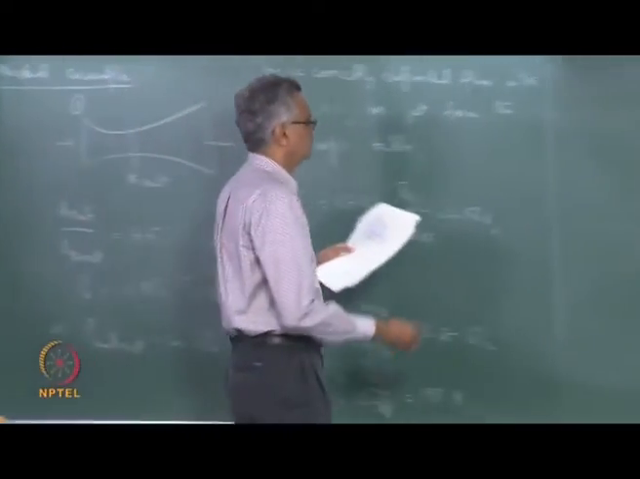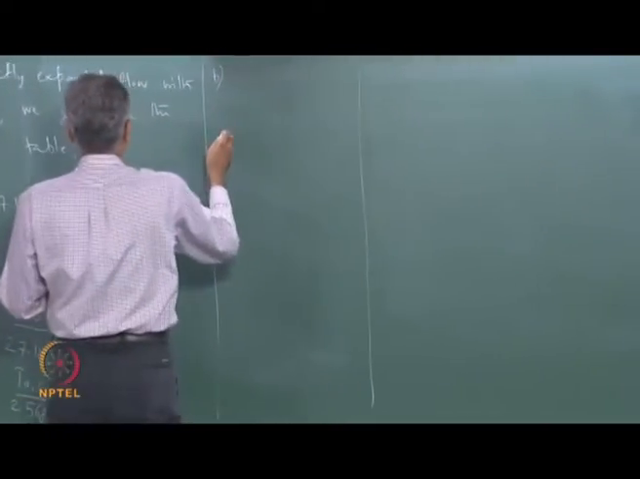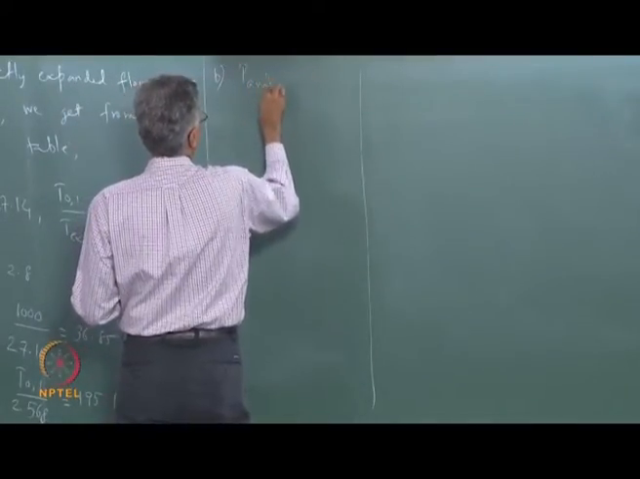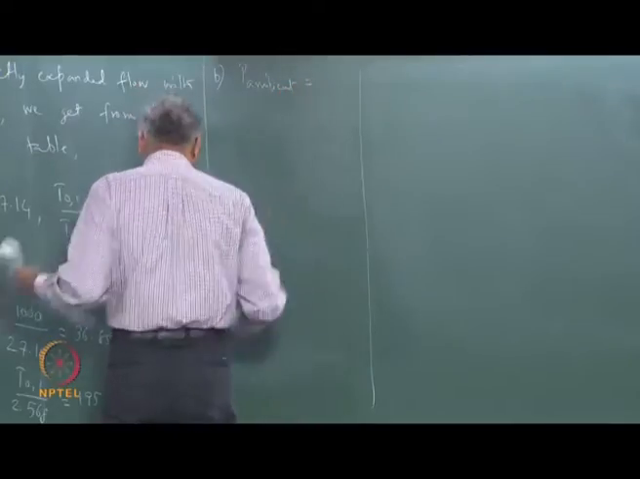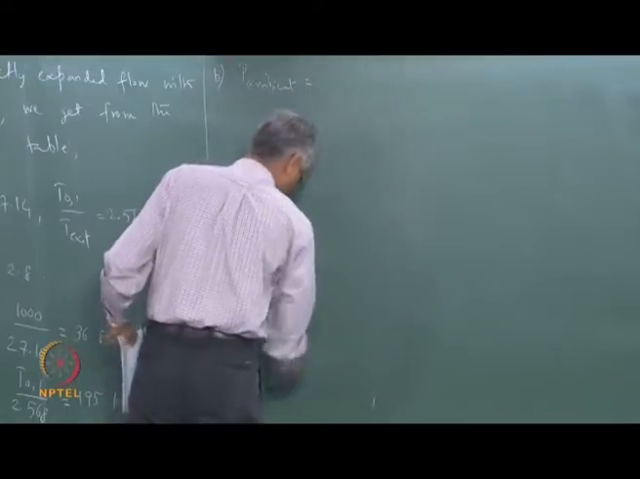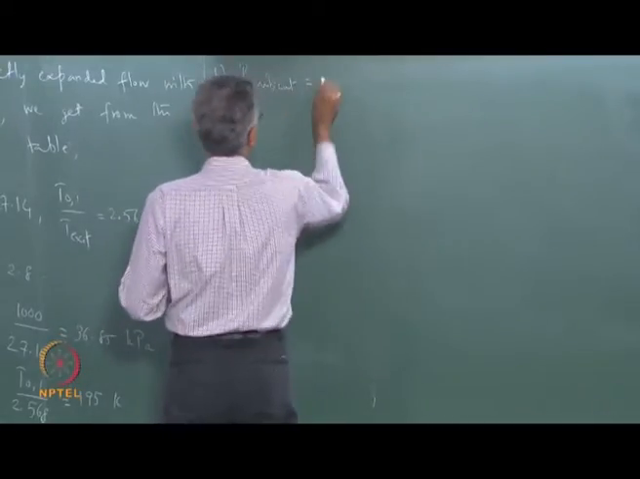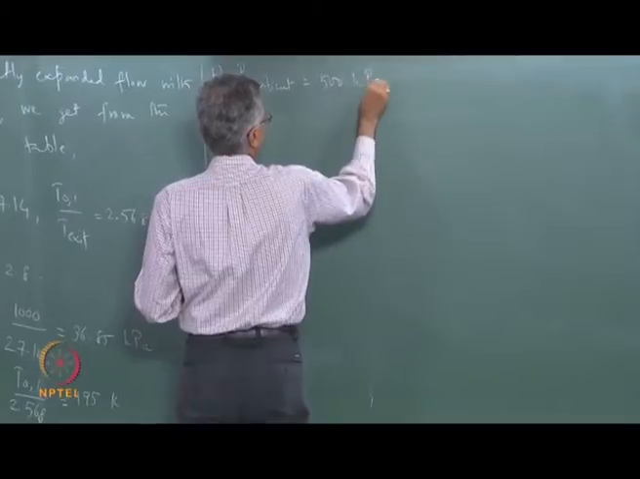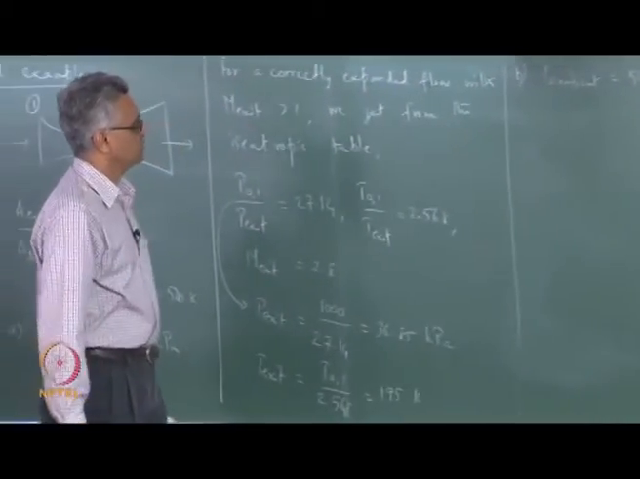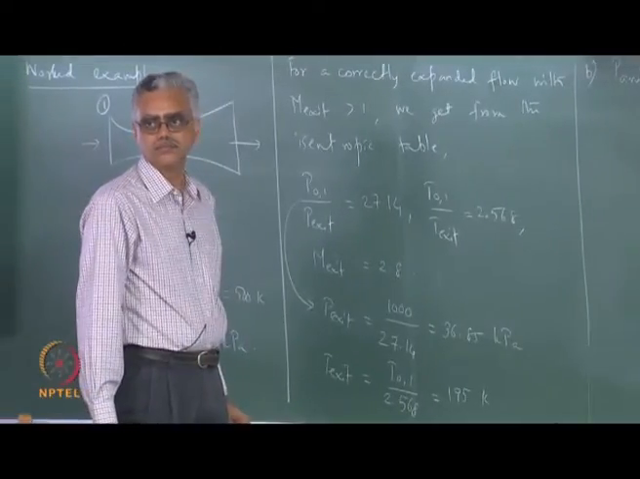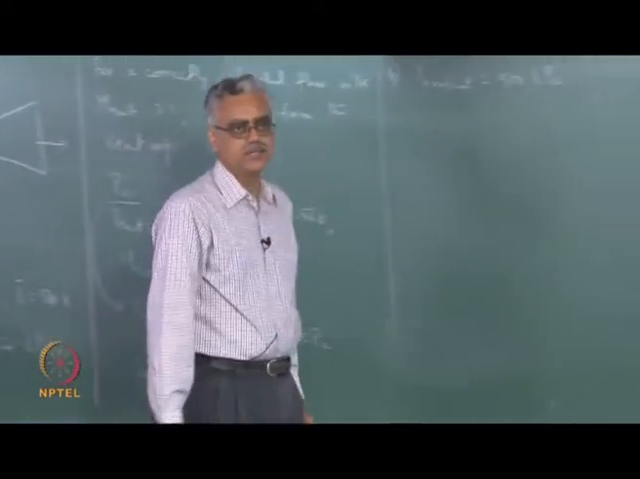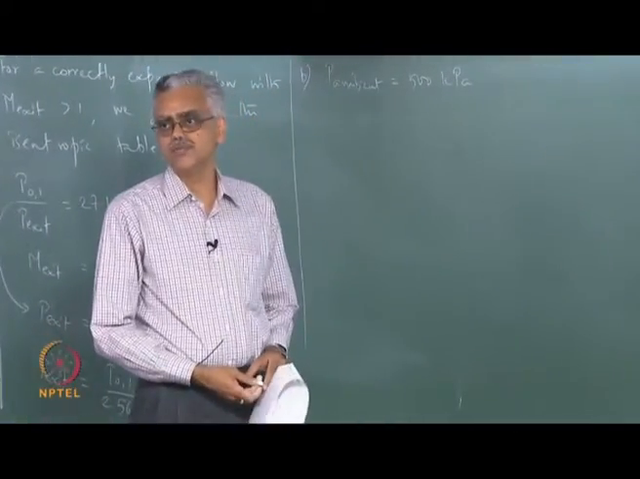The next part of the problem asks us to determine the exit conditions when the ambient pressure is 500 kilopascal. So, we know that this pressure is quite high, okay. But what we do not know is whether there is a normal shock in the divergent portion of the